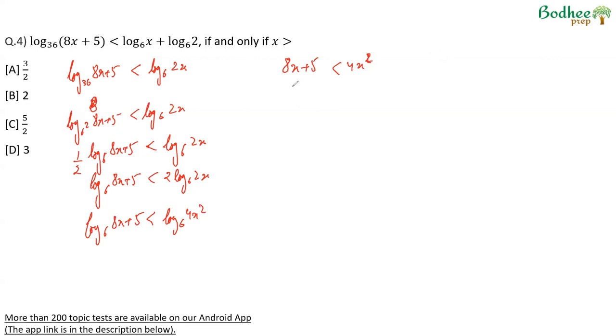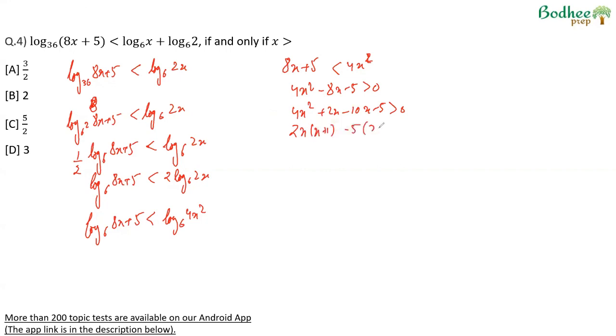So from here we can write 4x square minus 8x minus 5 is greater than 0. Two numbers which have a product of 20 and difference of 8 can be 10. So 4x square plus 2x minus 10x minus 5 is greater than 0. 2x into x plus 2 minus 5 into x plus 2, no, 2x plus 1, not x plus 2. 2x into x plus 1